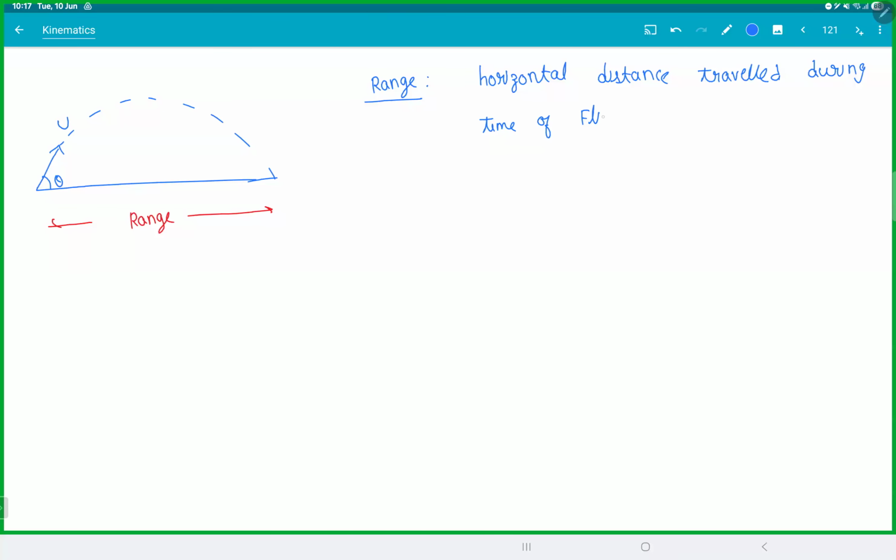How do we calculate this? So range is in which direction? X direction, right? So use your horizontal equations, which is Sx is equal to ux t plus half ax t